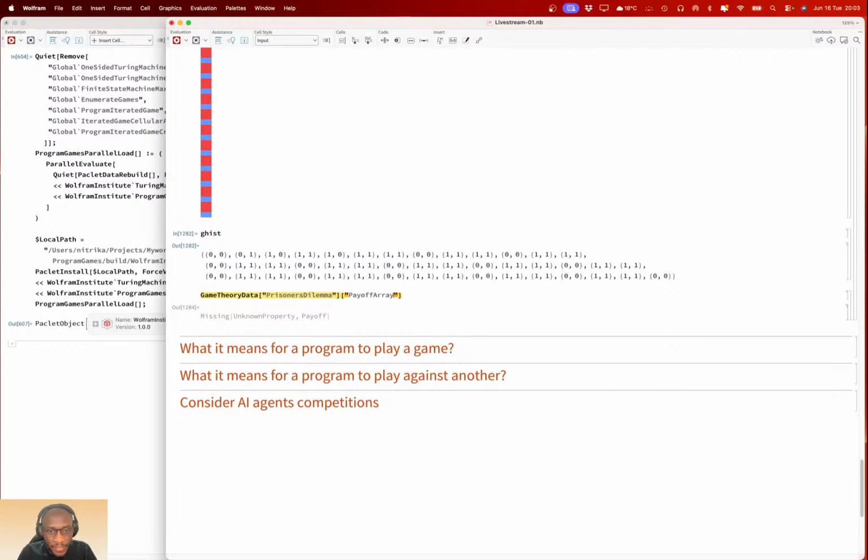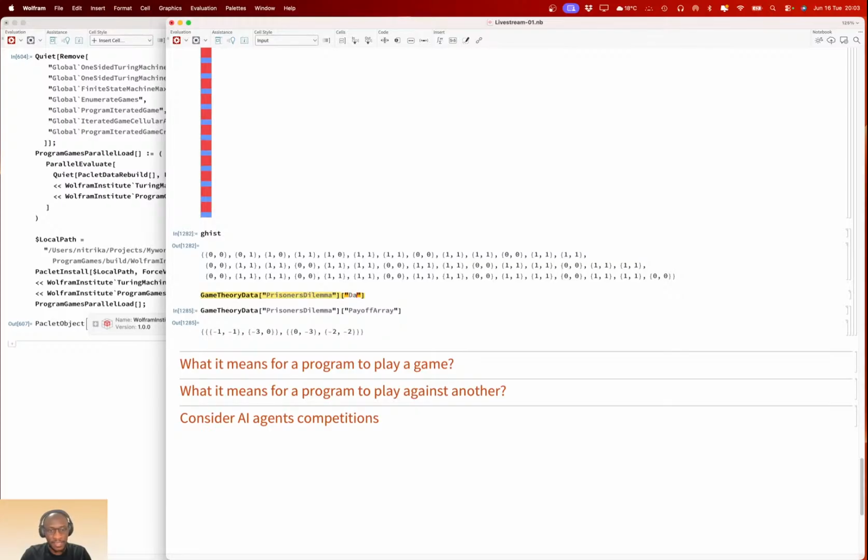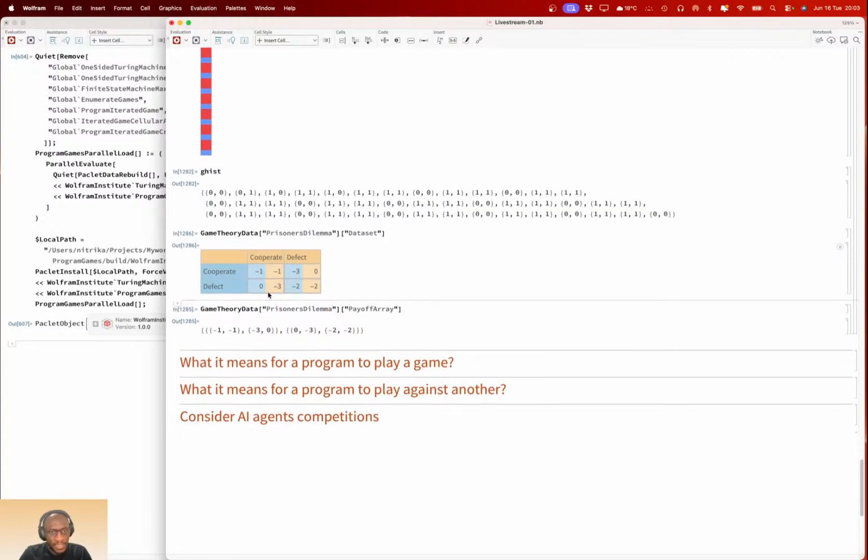So this is payoff array, right? From that you get this payoff array. And what you're asking is, I don't know how well to visualize this payoff. I don't think this data set is making sense. Okay, let's just use data set in this case.